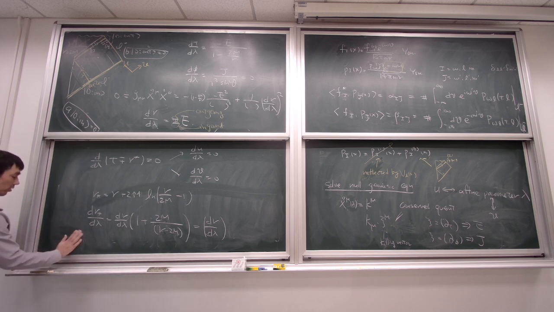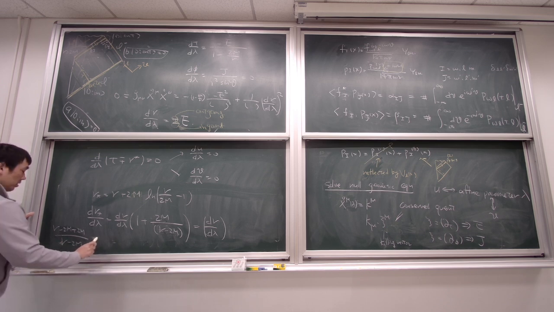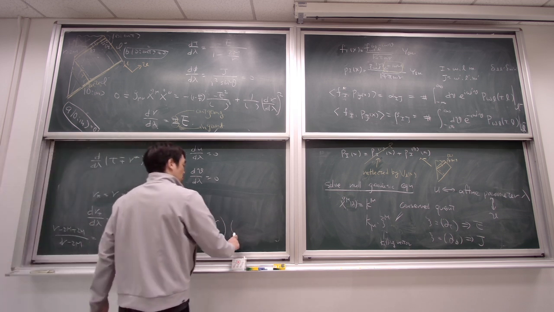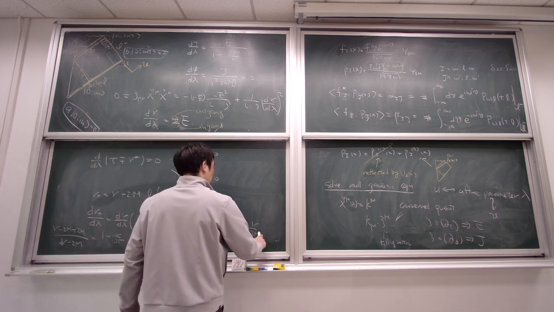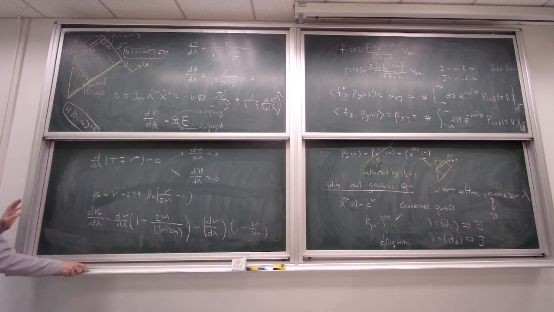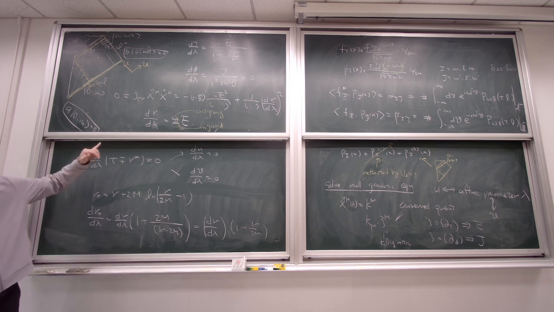So then it's okay. Then it should be r minus 2m divided by r minus 2m plus 2m, which is equal to 1 minus r over 2m. Okay, so 1 minus r over 2m. And that's how the tortoise coordinate is created. Okay, so therefore, if you combine with the dt d lambda